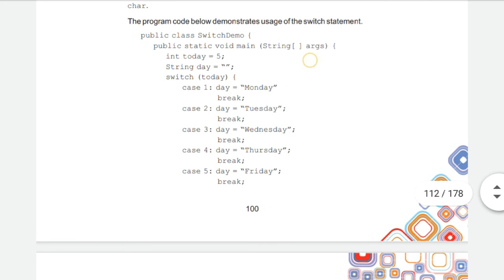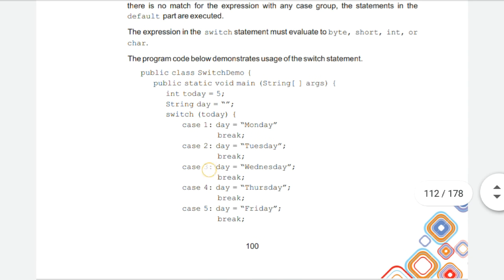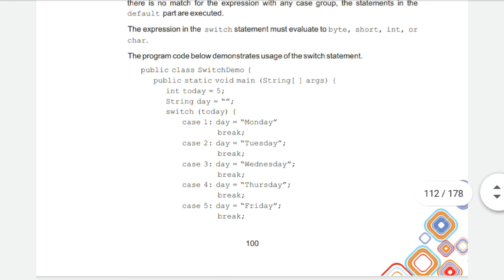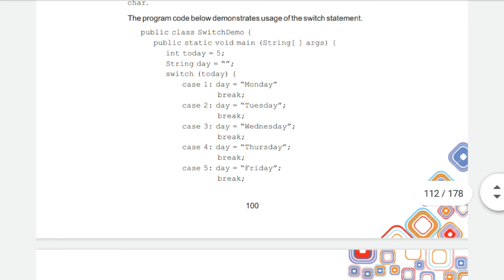Firstly we have declared a variable named today with data type int, and we have initialized it with the integer 5. Today equals 5 means the variable is assigned the value 5. Now we have to use the day, the weekdays, so for that we have chosen the data type String.